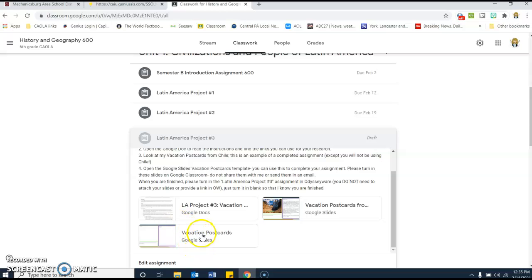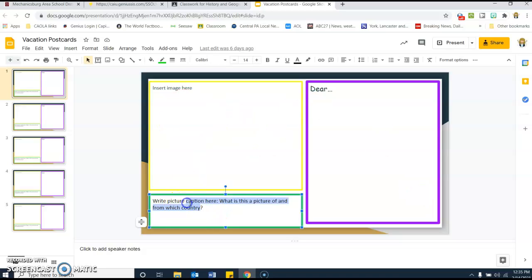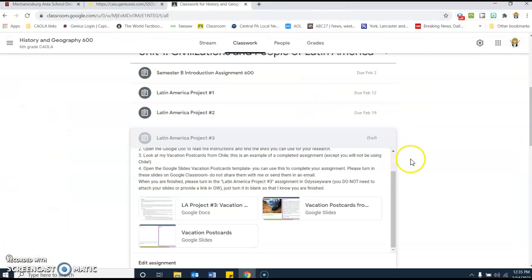So what you'll do is once you have your ideas, you will open up this Google slide and you'll see I basically just left it blank for you. So just some instructions. You can delete this. All right, you'll go in here, just delete this stuff out, put your stuff in, and then you'll type in here. I will tell you sometimes you might have to change this font size to get it to fit. All right, so you kind of have to play around with this one a little bit, but there's your 5 slides. When you're finished, that's what you'll turn in,